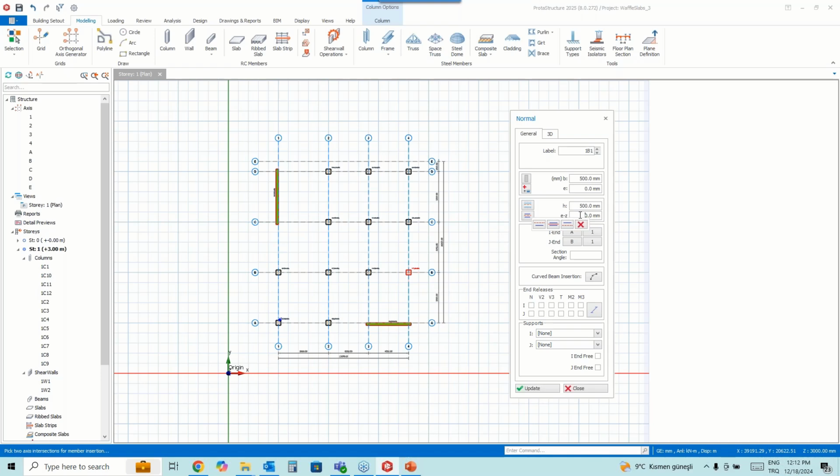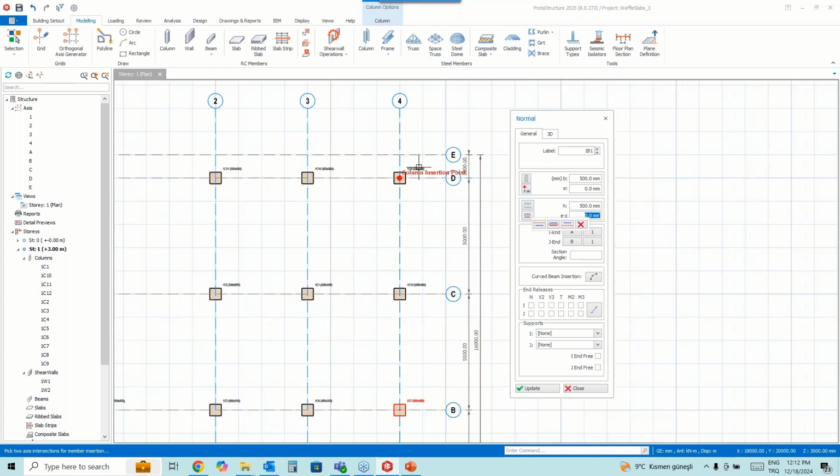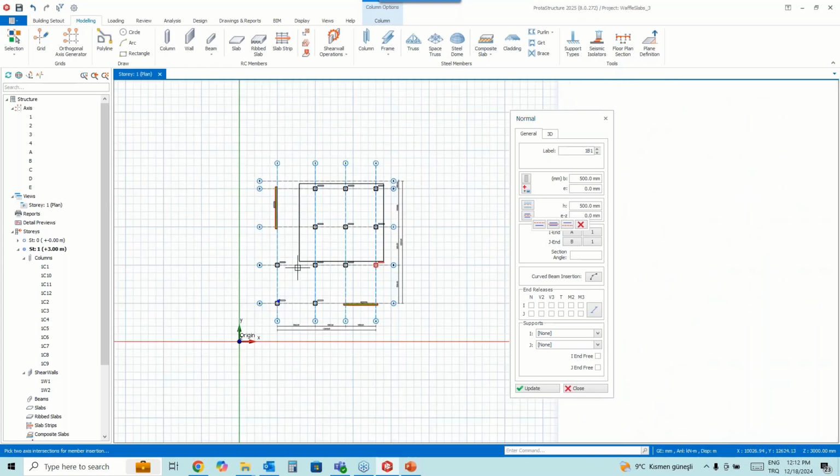By the way, you can keep the beam level at the same position, but you can slightly shift it in the Z direction with the EZ parameter. So let's just box around and we can create all beams at once like this.